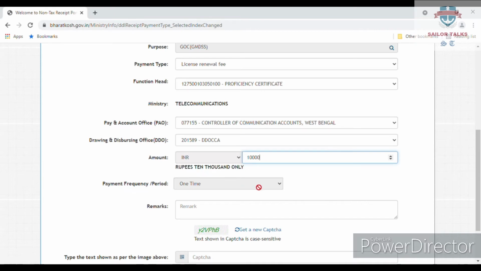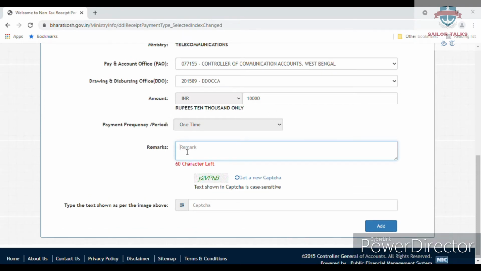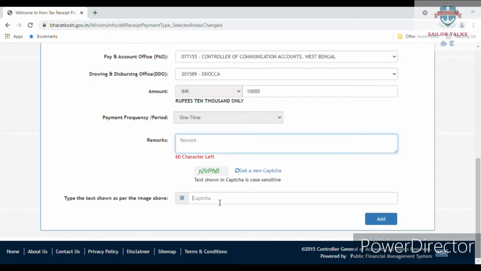Payment frequency one time, and in remark, this is very important. In remark, you write your name, your GOC number, GOC expiry date, and purpose. Like you can write renewal of GMDSS GOC. After that, you type CAPTCHA, and then you click on add.